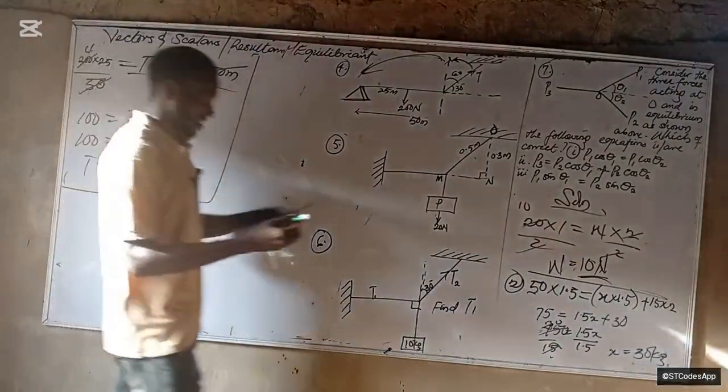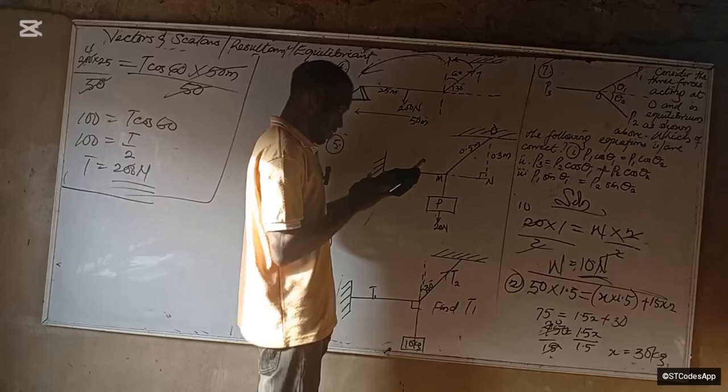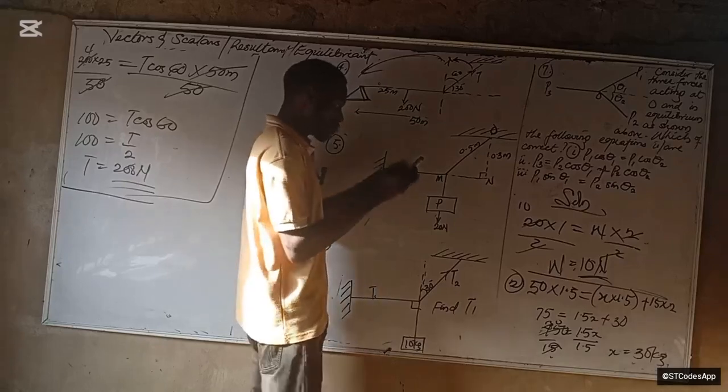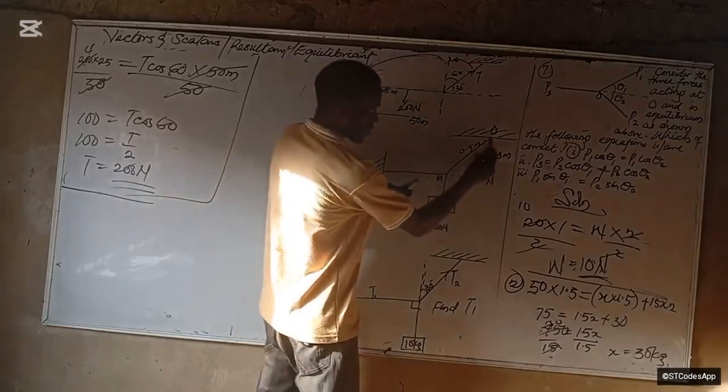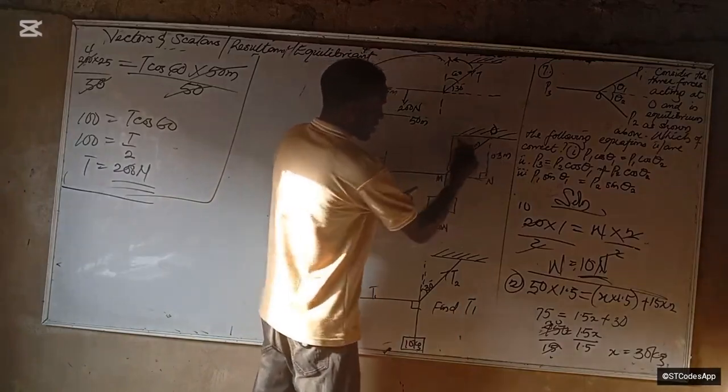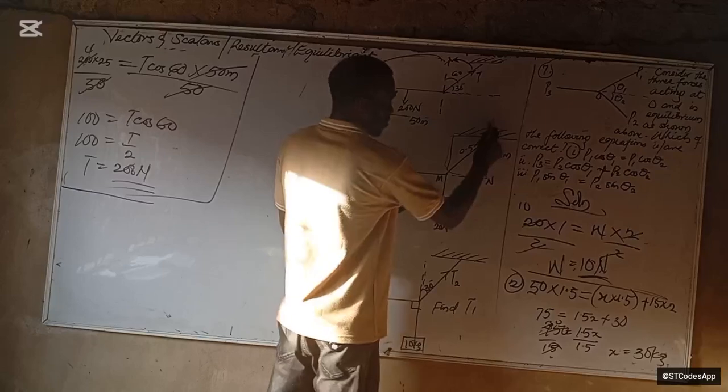The question says: what is the difference between the moment about N? So what do you see here? A couple, right? Do you see a couple here? So the moment about N,